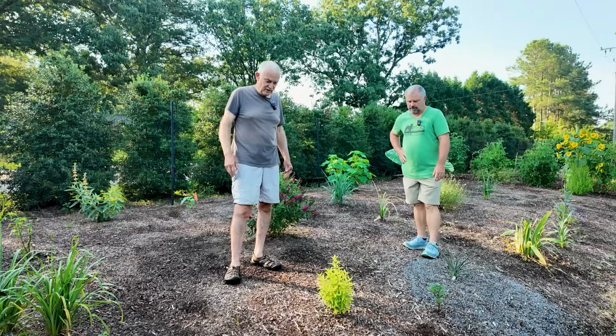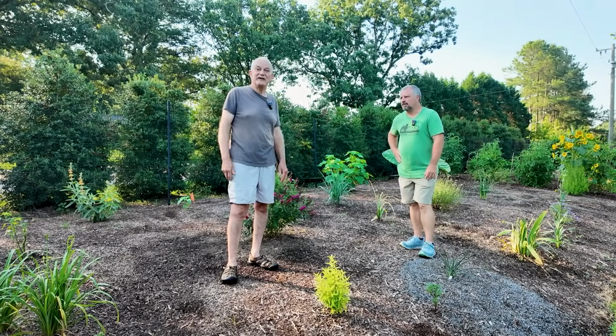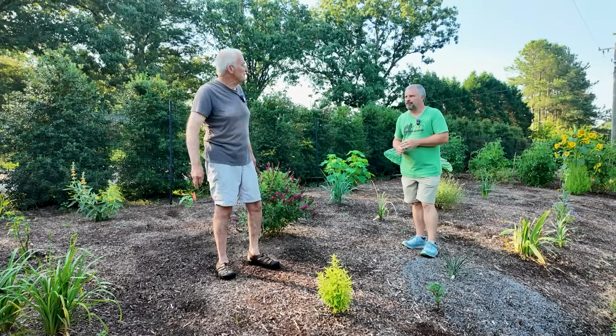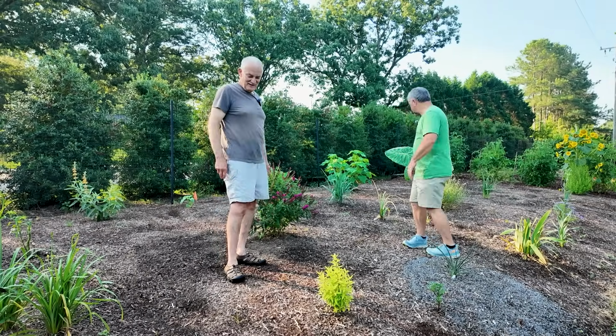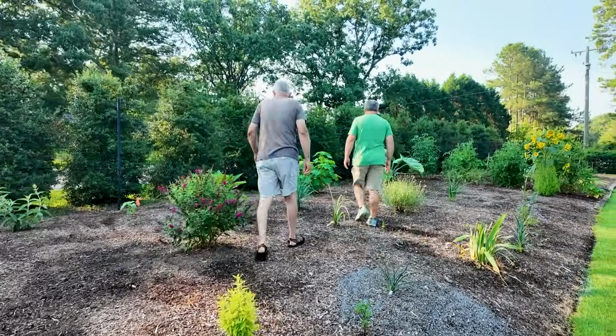My kids live out in Colorado. Caryopteris does great out in Colorado. You can see Caryopteris everywhere. So I'll probably put one of those out in my daughter's garden in Colorado. Yeah. Nice. Anything else in here that...